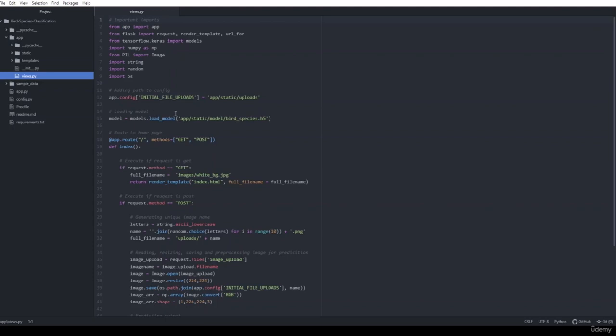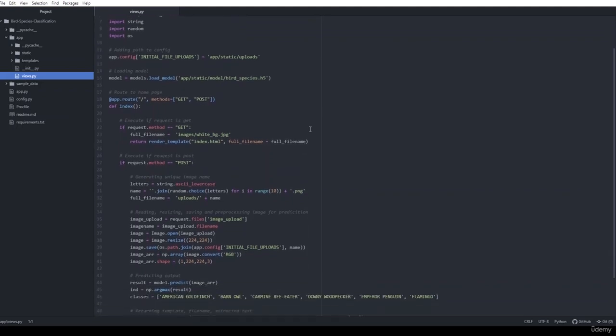You need to download the model that we already created onto your local machine and save it in the app static model. So you have to create a folder inside the app folder named static, and in that a model folder, and then store the bird species.h5 model that we already downloaded from our Google Colab. So this is our trained model.